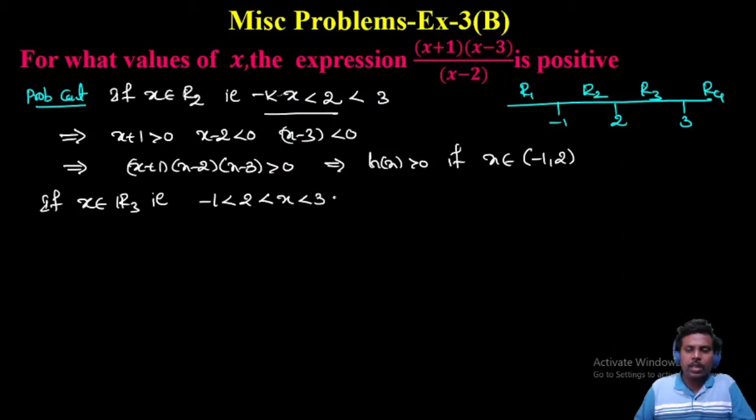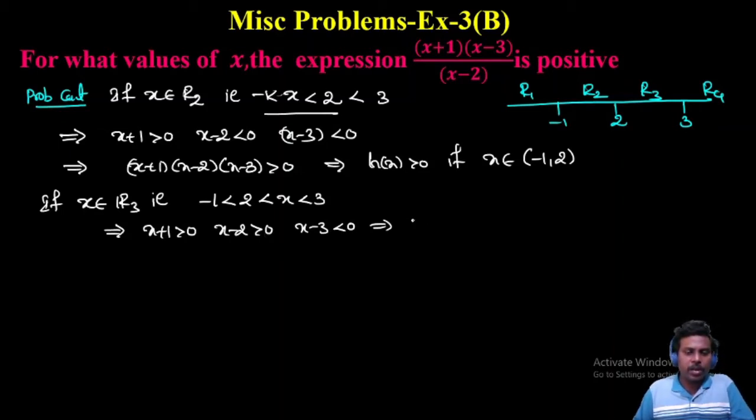Okay, next, if x belongs to region 3, that is -1 less than 2 less than x less than 3, that means x is here. This implies x plus 1 will be positive and x minus 2 will be positive and x minus 3 will be negative, implies positive quantity into positive quantity into negative quantity. This implies (x plus 1) into (x minus 2) into (x minus 3) becomes negative. Okay, now